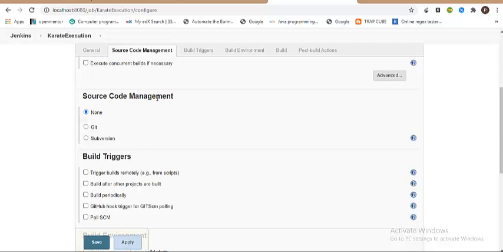Say for example, if it is a Maven project, we know that pom.xml is the heart of our project. That is where your dependencies and your configuration and everything is managed, because we have seen that in the build plugin we had the compiler plugin, we had the Surefire plugin, and we've also added some test resources where we asked the plugin to exclude .java files and only pick .feature files. In a similar fashion, we should tell Jenkins where my code base is.